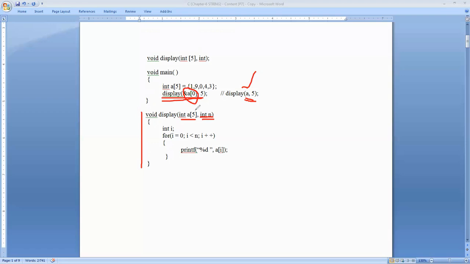You should remember one thing: you may omit this 5. That is also valid. So in the function declaration part, you may omit this 5, but you should write the third bracket to indicate this is the concept of an array. And here I have taken a local variable I. Then for I is equal to 0, I less than n, I plus plus, here n, which is 5, is coming from here. And here a printf statement, where